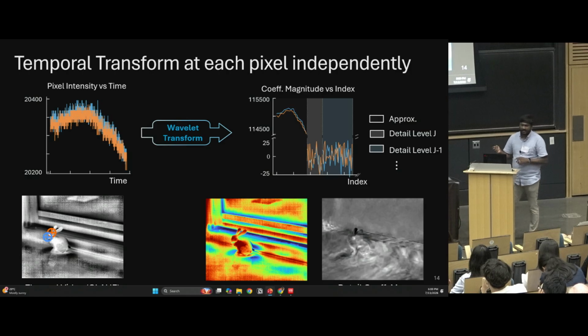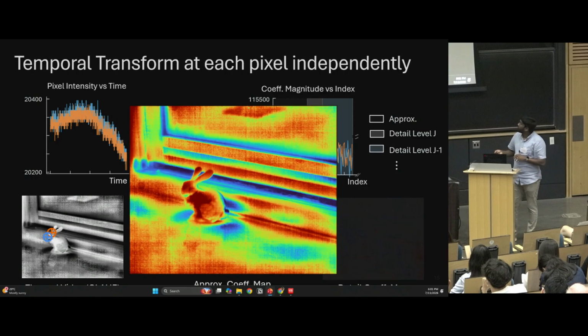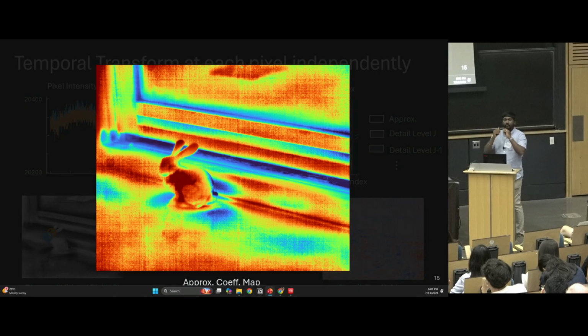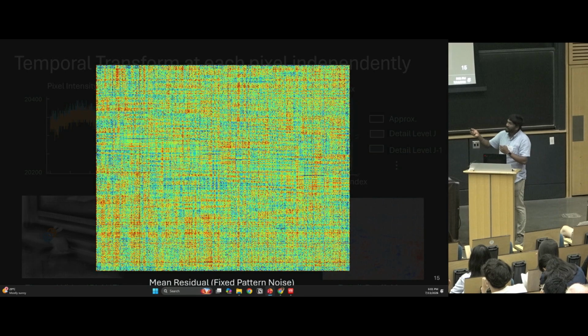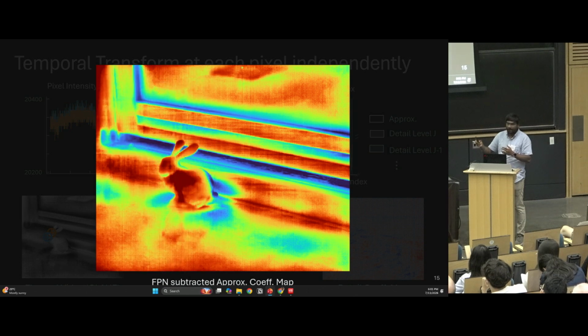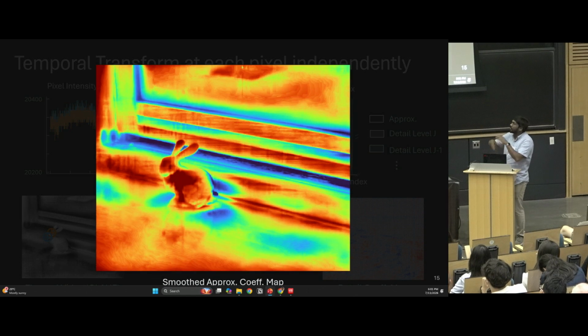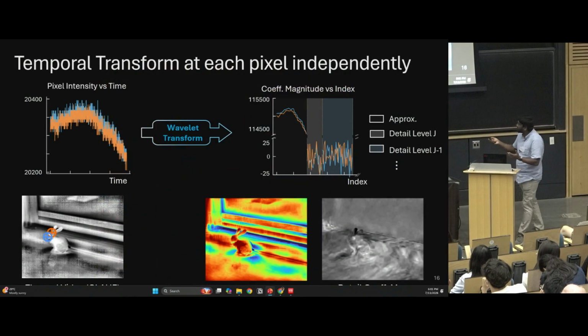The approximation coefficients require a little extra step because, remember, we have this drift component, so you have these offsets. So when you think about approximation coefficients, you have to remove the fixed pattern noise. What we do is apply the same spatial smoothing and look at a mean residual. This becomes a good estimate of the fixed pattern noise, and you can subtract this from the initial coefficient maps. This gives you an initial estimate. Then you can do a second pass, and you get smooth approximation coefficient maps. And that's it. You now know how to denoise every coefficient map, both approximation and detail coefficients.